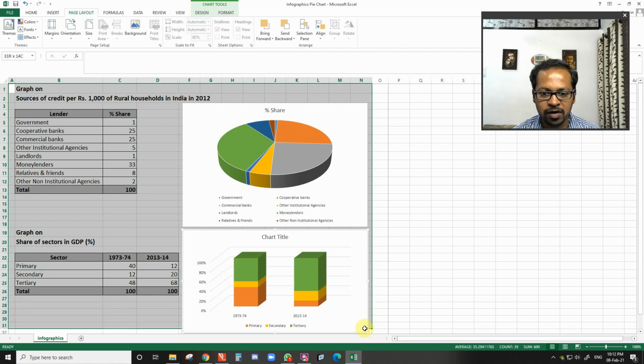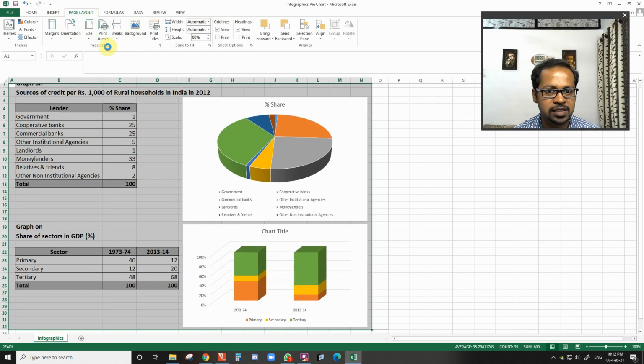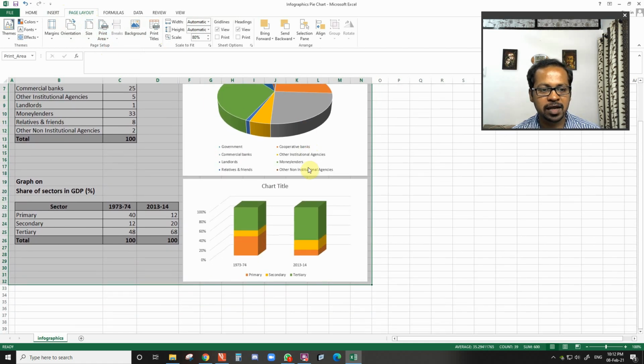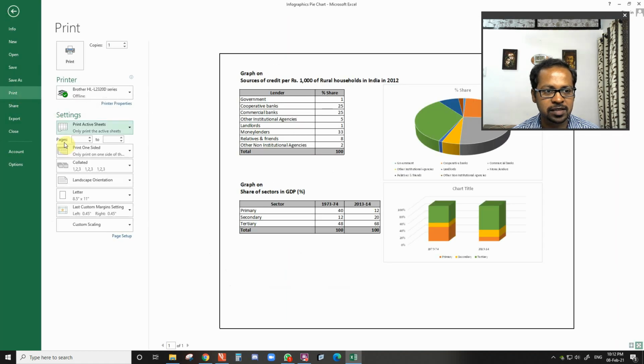So what I will do, I will select this much area, page layout, print area, set print area. Now my print area is already set, and file, print, and here you are able to see the print preview. So everything is appearing properly on this page.